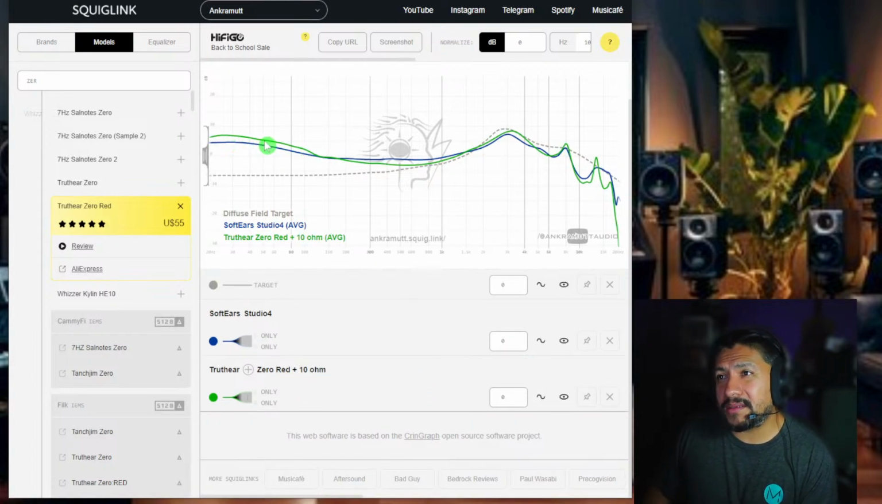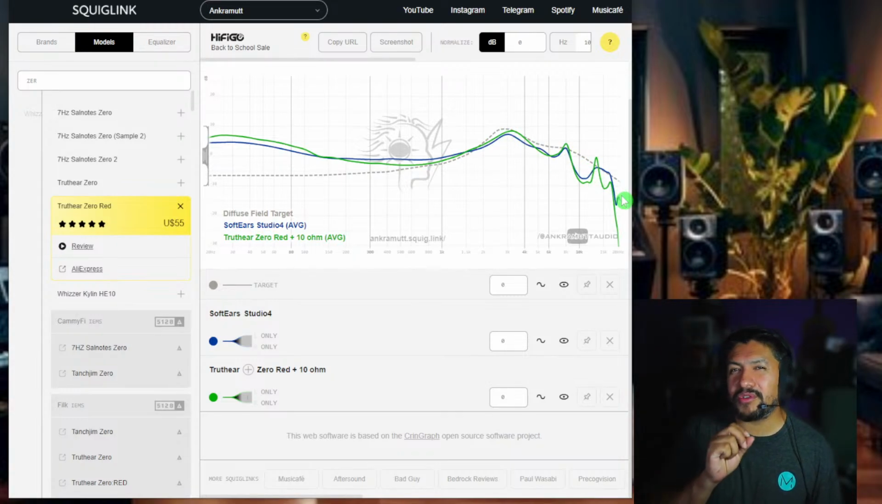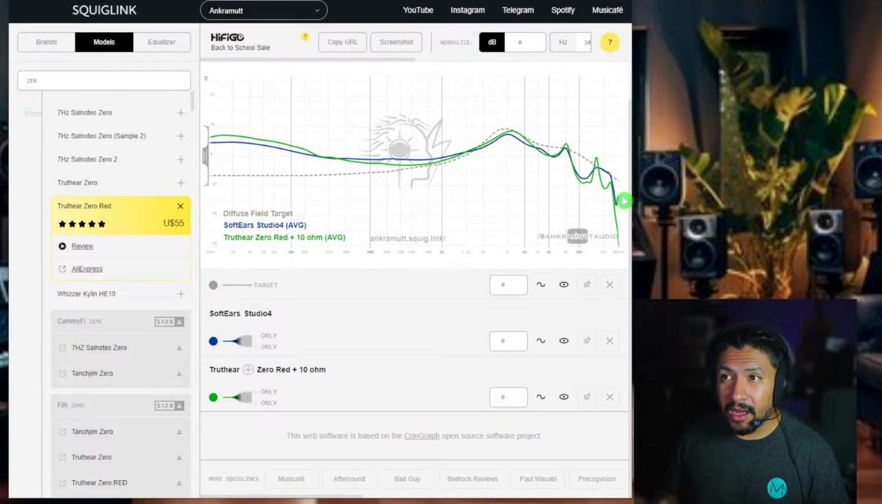So it's got a lot more bass. It's got these lower frequencies here, this dip, and it's very similar, which is also neutral, but it's got more resolving bass. Since it's dynamic, it feels like there's a lot more bass than the Soft Ears. So that is the difference. Now the fit: the Zero Red is easier to fit because it's smaller, and the Soft Ears Studio 4 isolates better because there are no vents on it. The Zero Red does have vents, so it bleeds out a little more